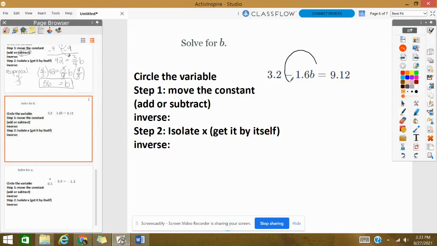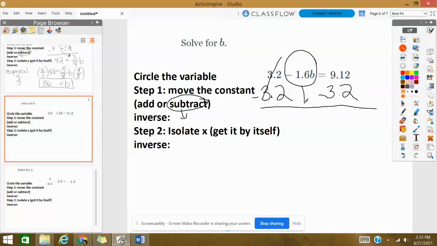I'm going to circle my variable so I know what I want to get by itself. I'm going to identify my inverse from my constant. Because 3.2 is positive, I know that I need to subtract. Okay, that's my inverse here. I'm going to subtract 3.2 on both sides. And I will definitely be using a calculator on this one. 3.2 minus 3.2 will cancel. So I'm bringing my variable down, negative 1.6 b, and then I need to subtract